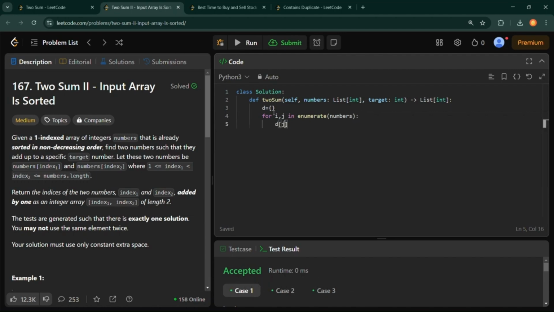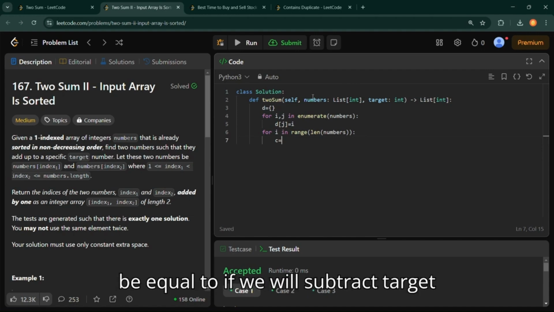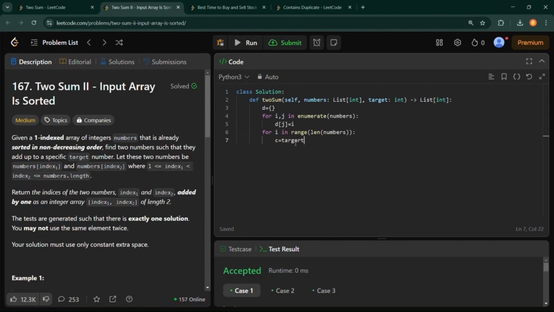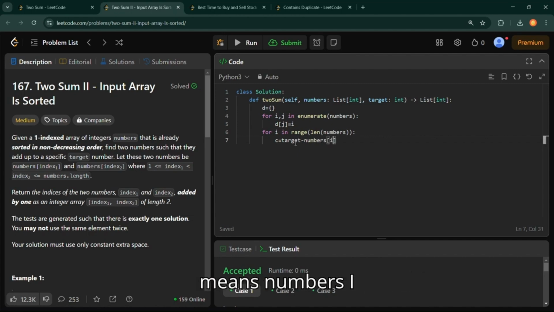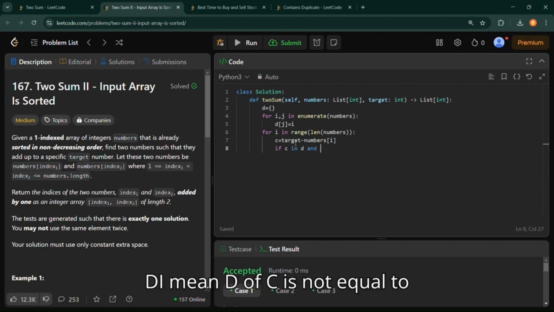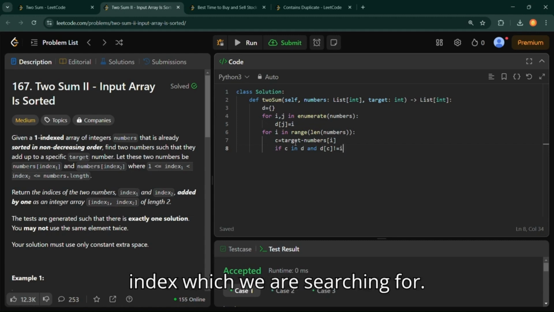Now we will store these key value pairs, and after that we will start another loop for I in range of length of numbers, and then we will first calculate the complement, which means we will calculate what is equal to target minus the first element of the array, numbers of I. Then we will check if C in D, and if D of C is not equal to the same index which we are searching for.